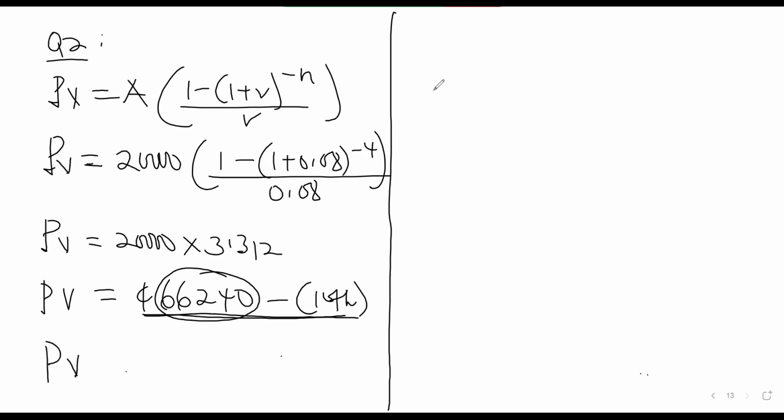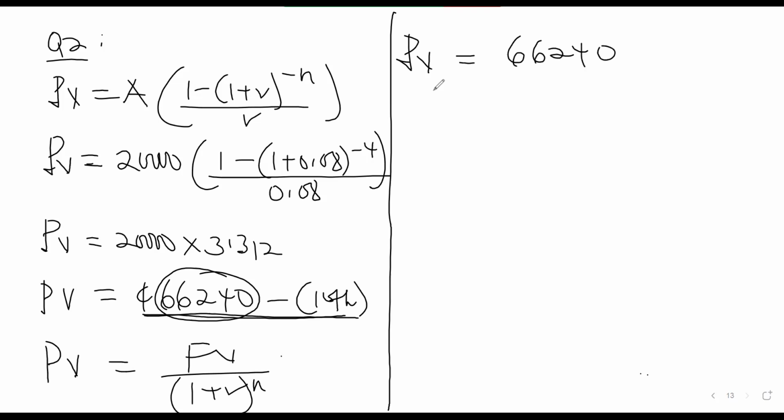Present value is equal to future value divided by 1 plus r exponent n. So the present value, which is today's one, is equal to 66,240 divided by 1 plus r, 0.08 exponent 10. These amounts have to be in the account from the 10th year so that your sister will be taking